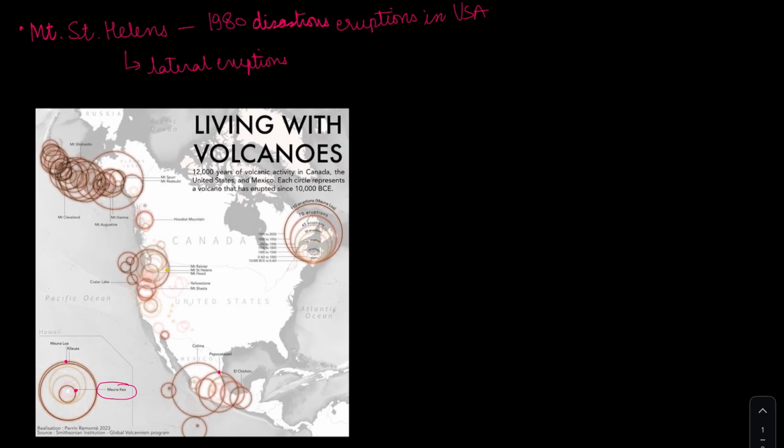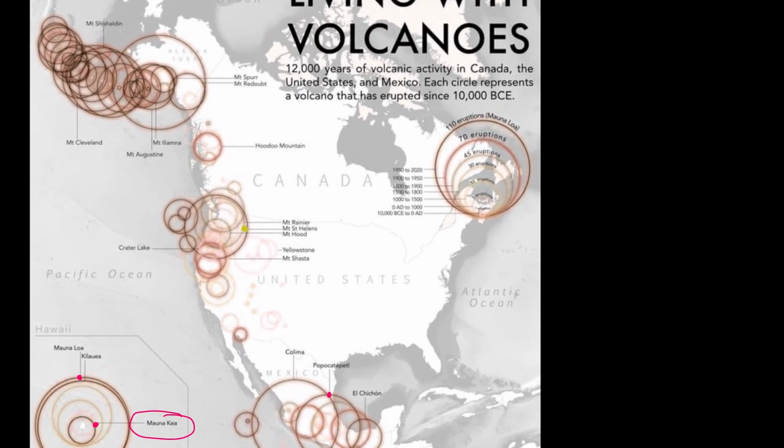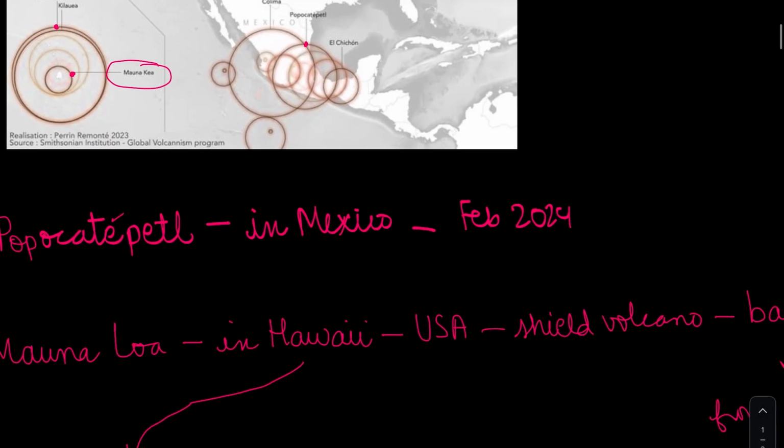So this is an image about living with the volcanoes. Over here, this is a map of North America. We were learning about St. Helens. So this is the location of St. Helens. It also has other volcanoes nearby, which are Mount Rainier, Mount Hood, and Mount Shasta. Then moving on to